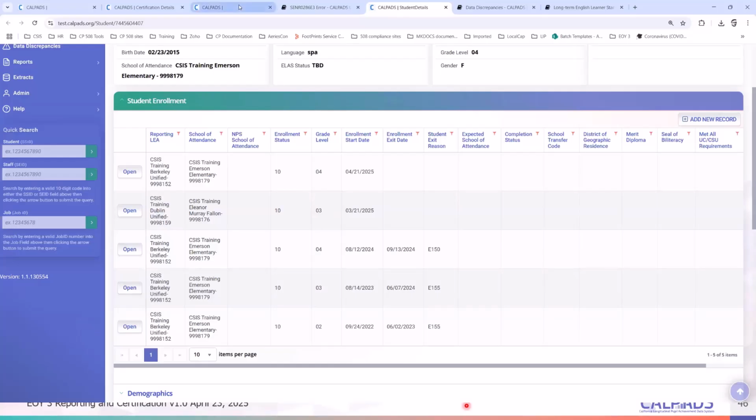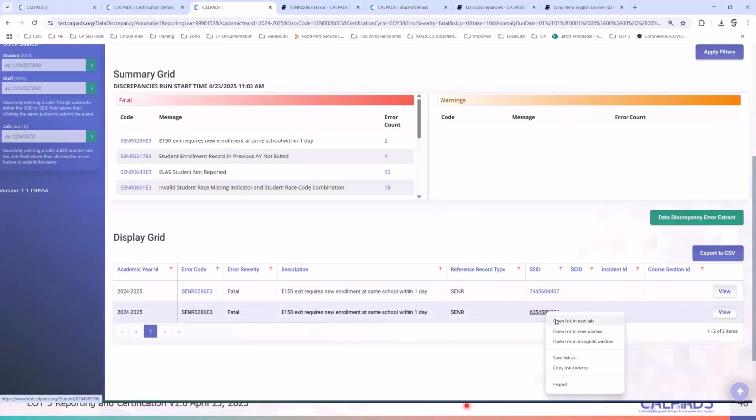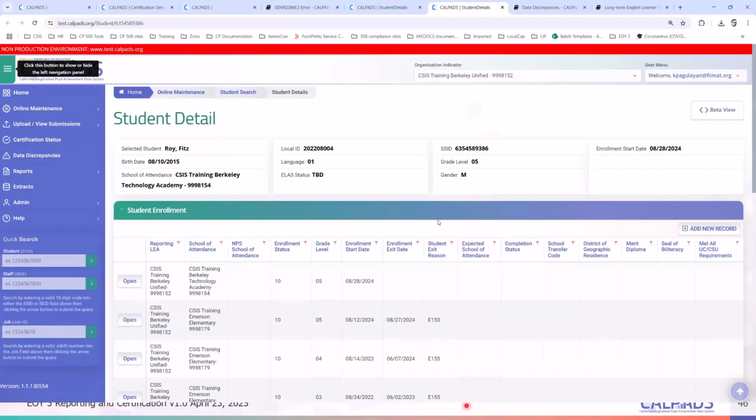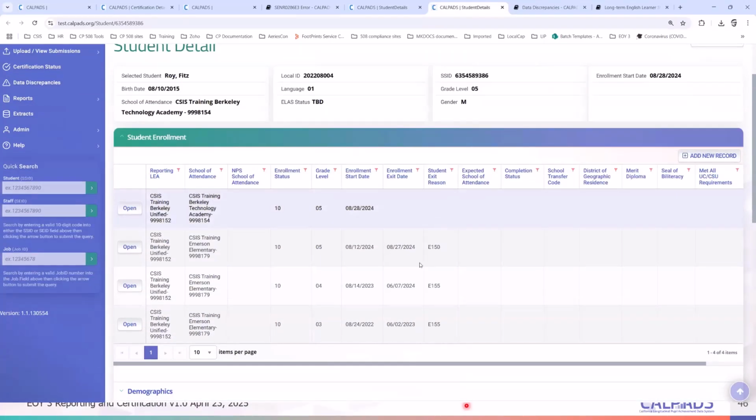Now, there are instances where it is a valid E150, but you can't use an E150 if the student moved from one school to a different school within your district.